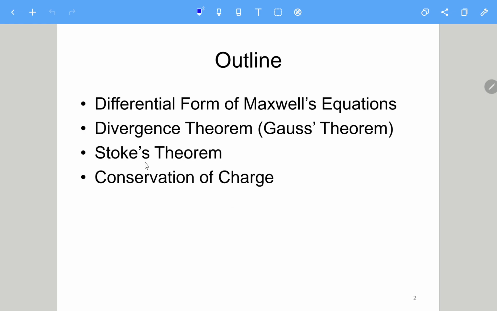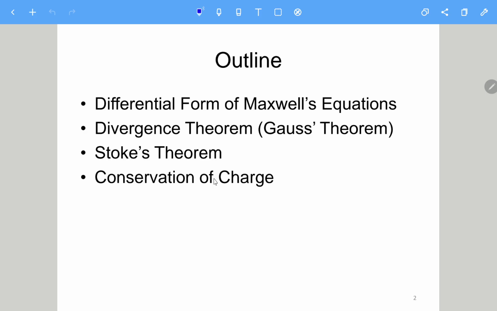The answer is no, because at this moment the Ampere-Maxwell law already satisfies the conservation of charge. If we further add more to it, then the conservation of charge will not hold anymore. So the Maxwell equation in this form is compatible with the